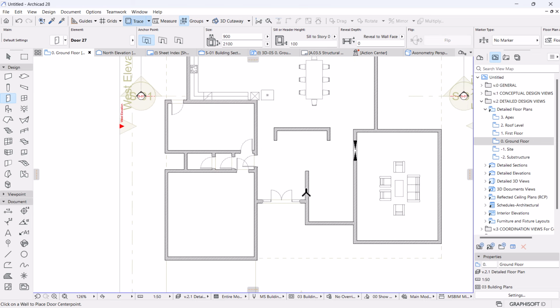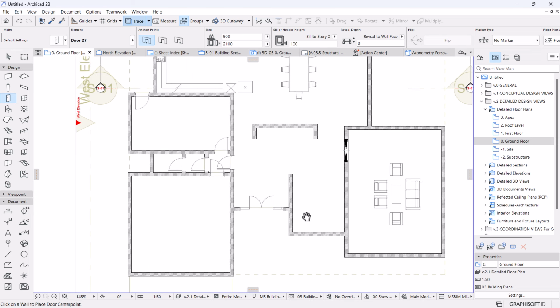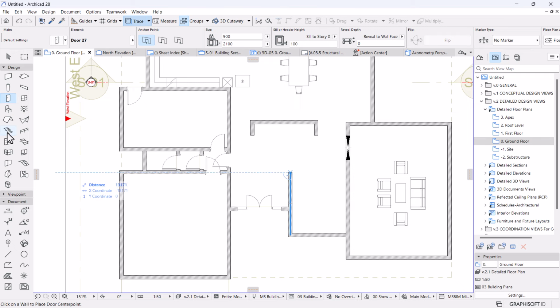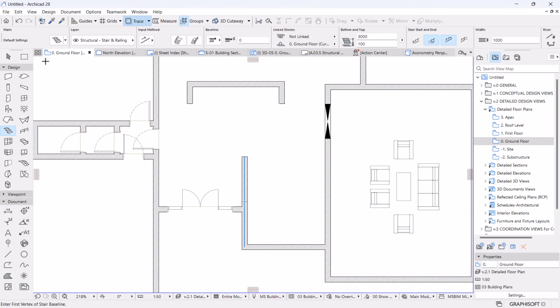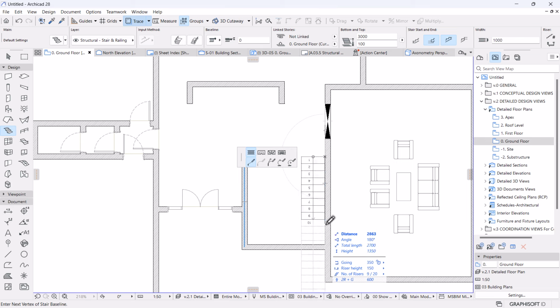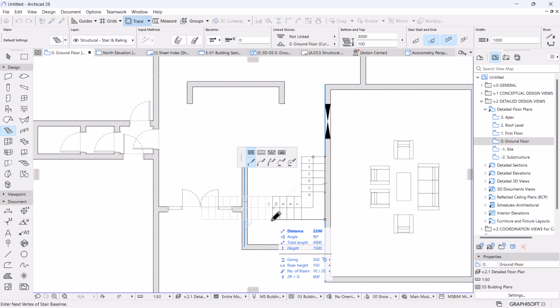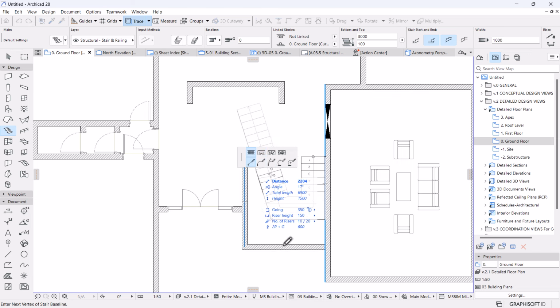Okay, so basically that's what I wanted here, and let's move to the other floor, which is the upstairs. But before we do that, let's place the staircase so that you can have a direction on how we're going to assemble the spaces upstairs. So I'm going to activate the stair tool. Within this, I'm going to use just the default template or default settings of this MS Beam template, and then place this staircase. It's going to be more like a dog-leg staircase, where I have maybe pretty much 9 steps. Then I'll move it, is it 9? And then from here I can activate the landing. Don't worry, you can also come back later and adjust the staircase. So I'm going to just draw it like that, then activate the flight again,